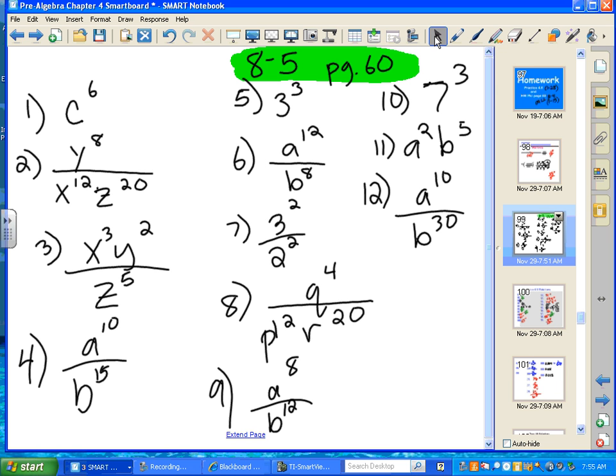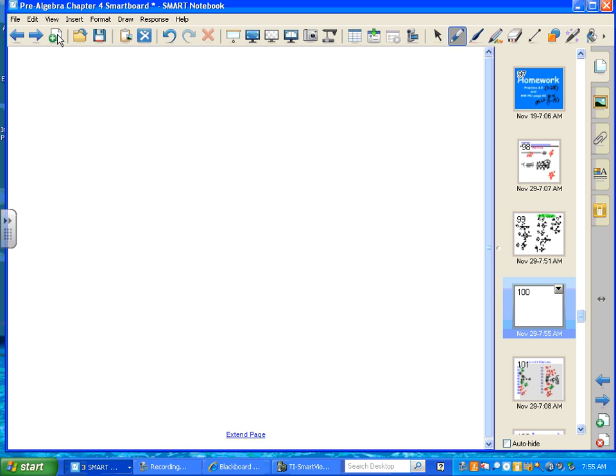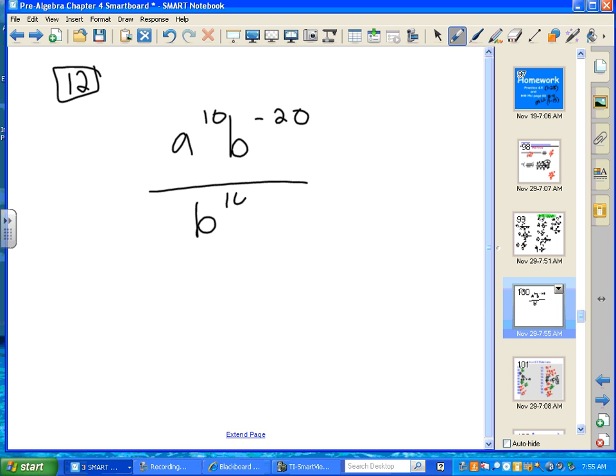Okay, Mary, number 12. So let me just write down the next step. So after we distribute the 5 through, to get rid of parentheses, we have A to the 10th, B to the negative 20th, over B to the 10th. Okay, that's why then. Sean? Okay, does anyone else need 12? Okay, Sean, did you say yes, Emma? Okay. Sean, number 7,